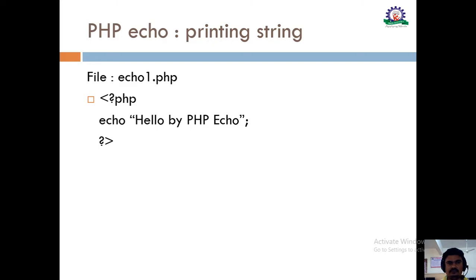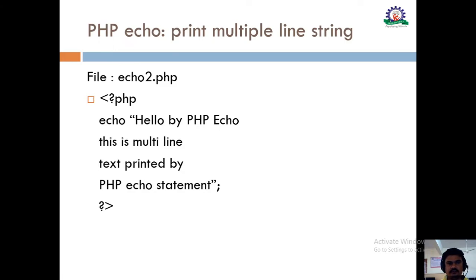We will see simple examples. This example will give the output "Hello PHP" using the echo statement. Here I am printing a string. A string is a collection of one or more characters.